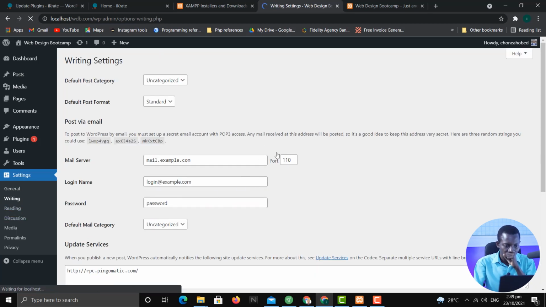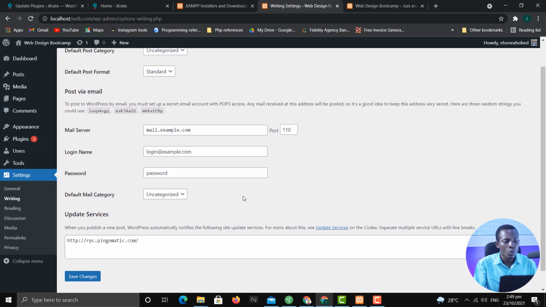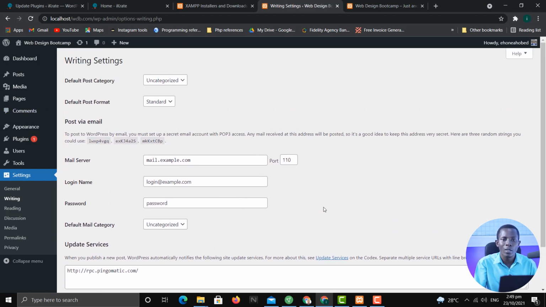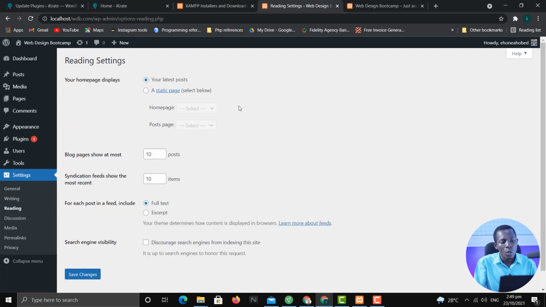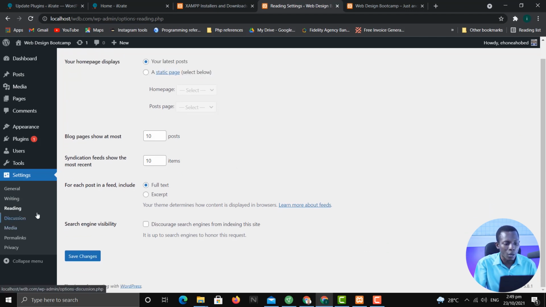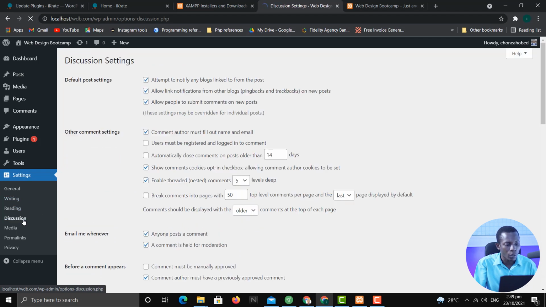Writing. Basically, this has to do with the posts that we are going to create, and I think we will appreciate it when we get to the posts. So this part isn't really relevant for us right now. We can continue reading. Also, I think I'll explain this later when we start creating pages, so we don't need it right now. The next important thing will be under